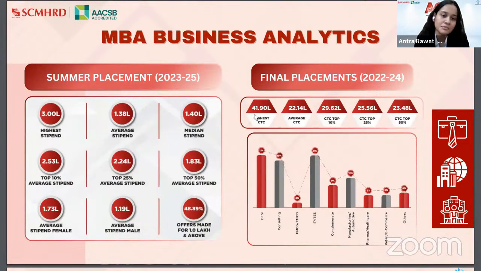For MBA in Business Analytics, the summer placement highest stipend was 3 lakhs, the average stipend was 1.38 lakh, and the median stipend was 1.4 lakh. For the final placement, the highest salary was 41.9 lakh per annum. The average was 22.14 lakh per annum. So moving ahead,